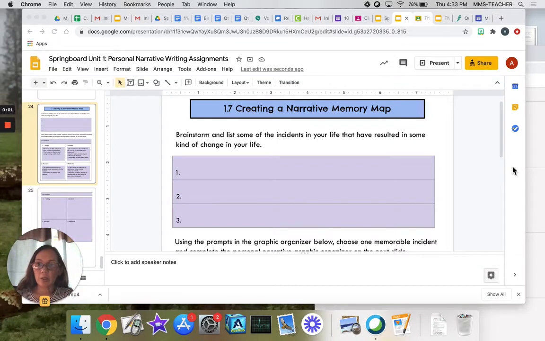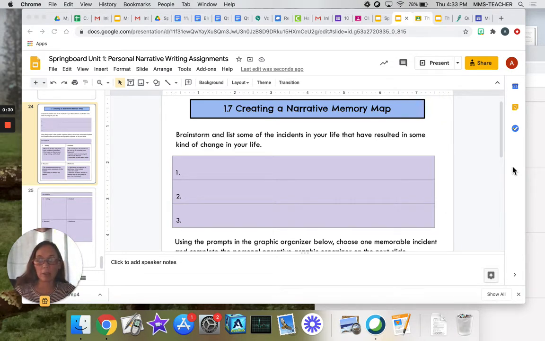Okay, Yellow 6 students, today we're going to work on 1.7, creating a narrative memory map. And up until this point, you've been learning about all the elements that you need to write a personal narrative. So, you've gone through many lessons: connotation, denotation, point of view, sensory language, simile, metaphor,